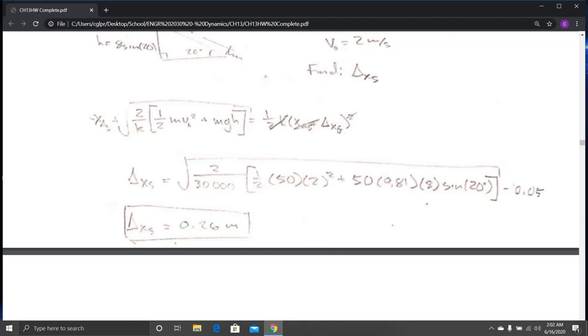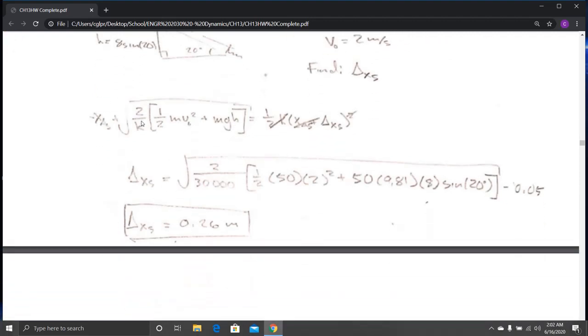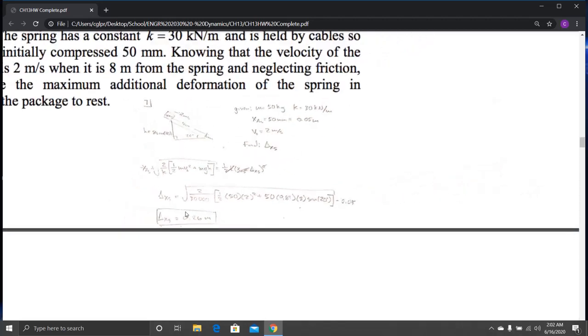I go ahead and isolate delta x. I solve for h using sine, plug that in, and I get that delta x is going to equal 0.26 meters,